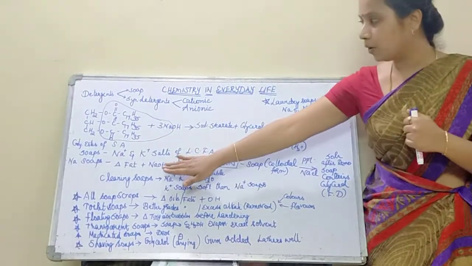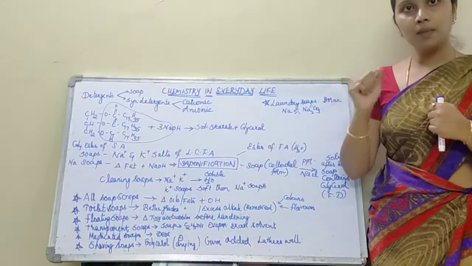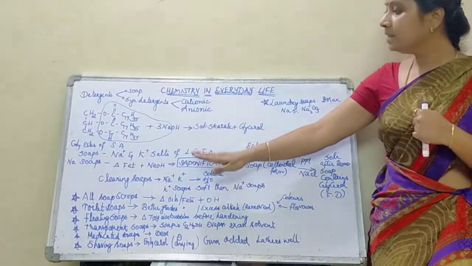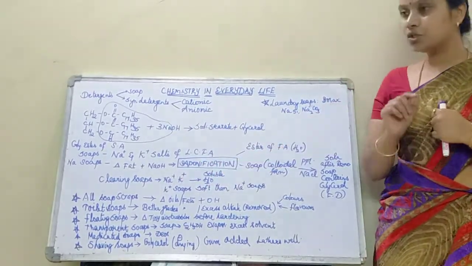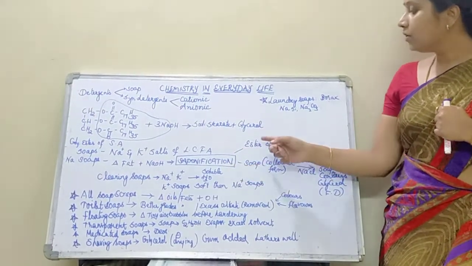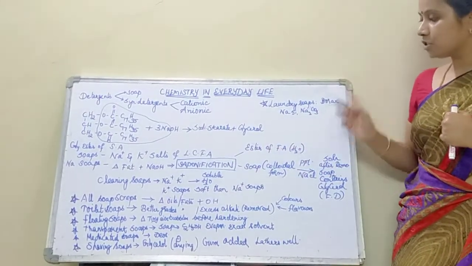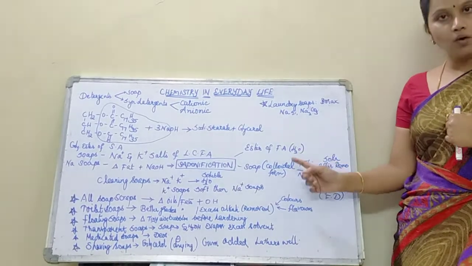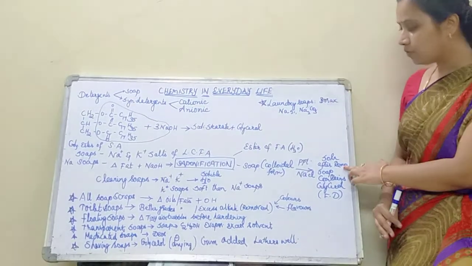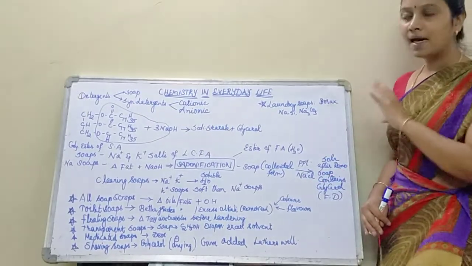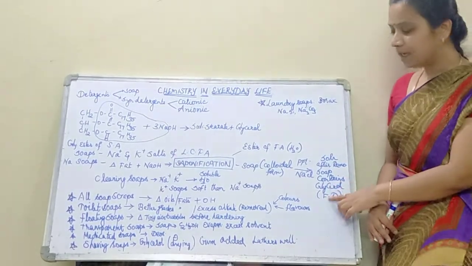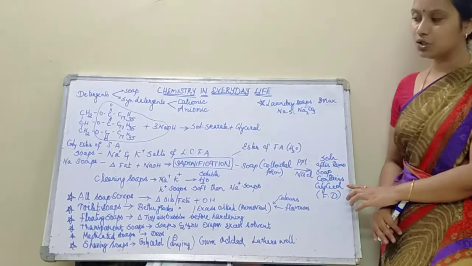I am repeating this important step. Sodium soaps are produced by heating fat with sodium hydroxide. This reaction is called saponification, which is of great economic importance. Why? Because the ester of the fatty acid can be hydrolyzed by water. Soap is obtained in colloidal form, which can be converted to precipitate form by adding sodium chloride. As a result, I can remove my soap. Only glycerol is left out, and it can be removed by fractional distillation.